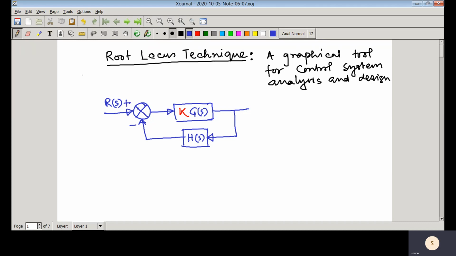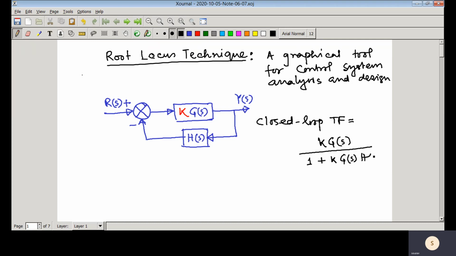We have considered negative feedback, and this is the measured output. So in this case, if we derive the closed loop transfer function, this one would be K G(s) divided by 1 plus K G(s) H(s),